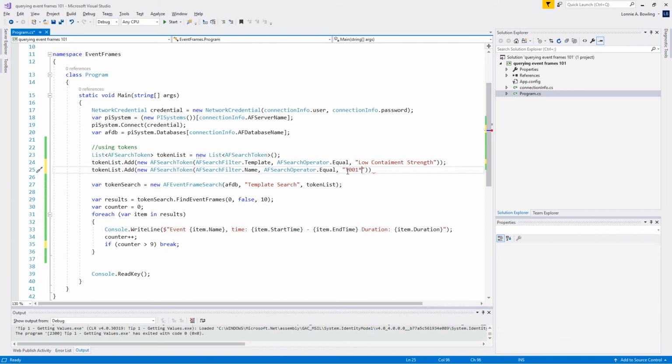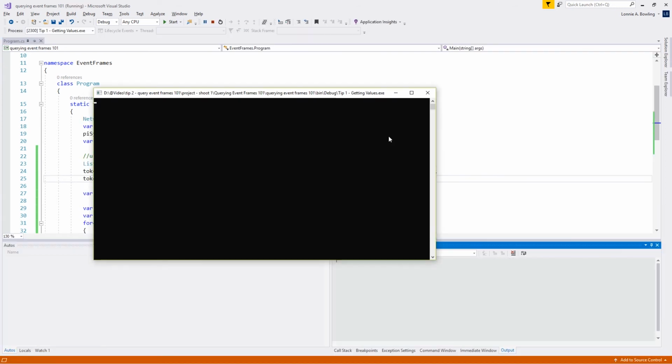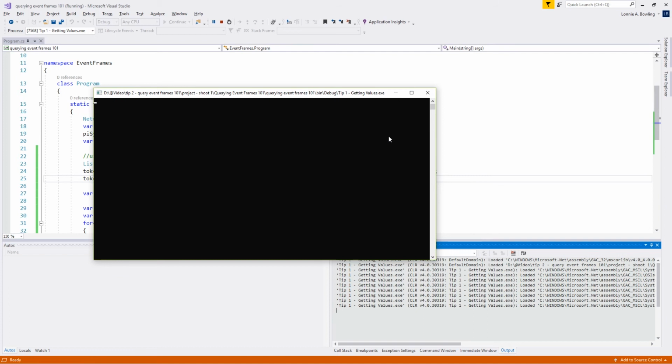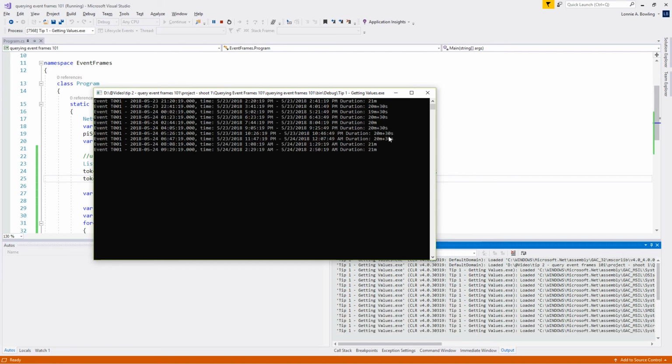T001 and anything else, as long as it has T001 in it, we want to find that. So if we go ahead and try this, we should hopefully only see events coming off of T001. And you can see now we have the 10 events that are just coming from that, that are associated with that element,